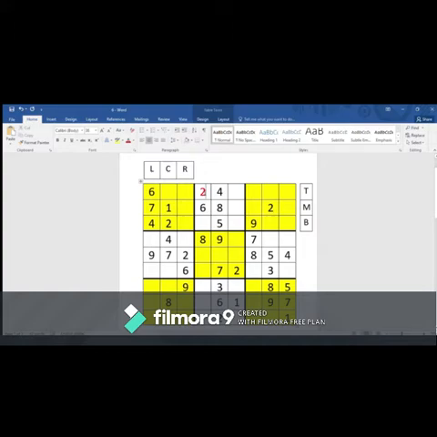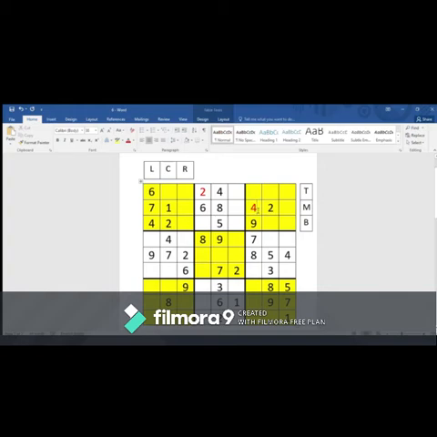Number 3, as you can see, there are no number 3s. Now leave it. Number 4, notice that we have a 4 over here and a 4 over here. So the only place where 4 can sit is over here or here. 4 can sit only over here, because you already have a 4 capturing this column. So you can't make 4 sit over here.